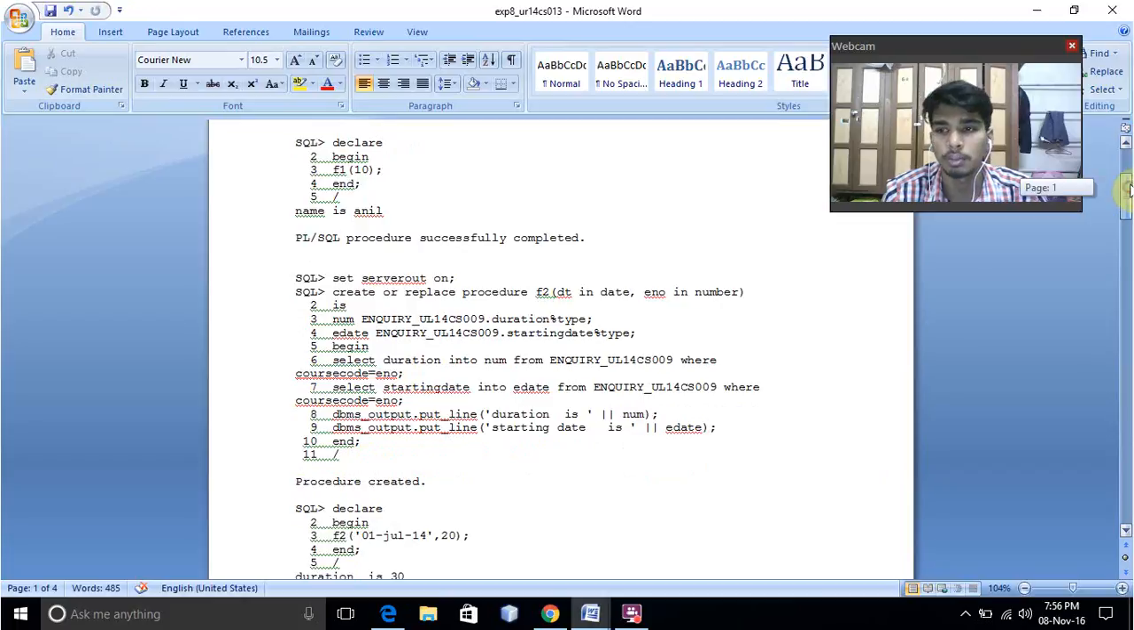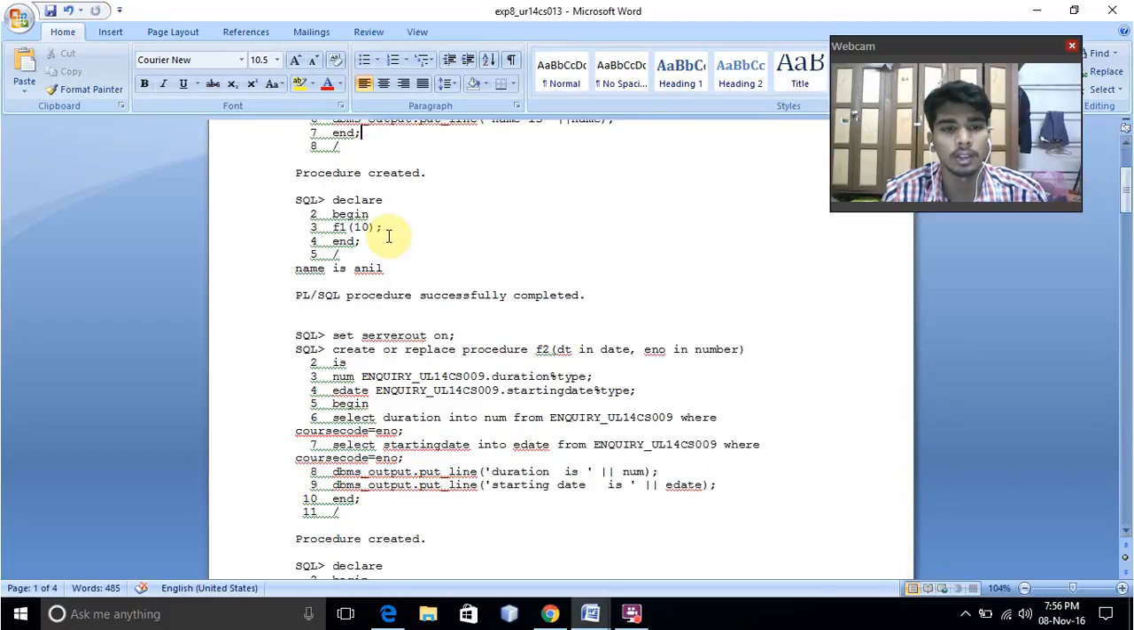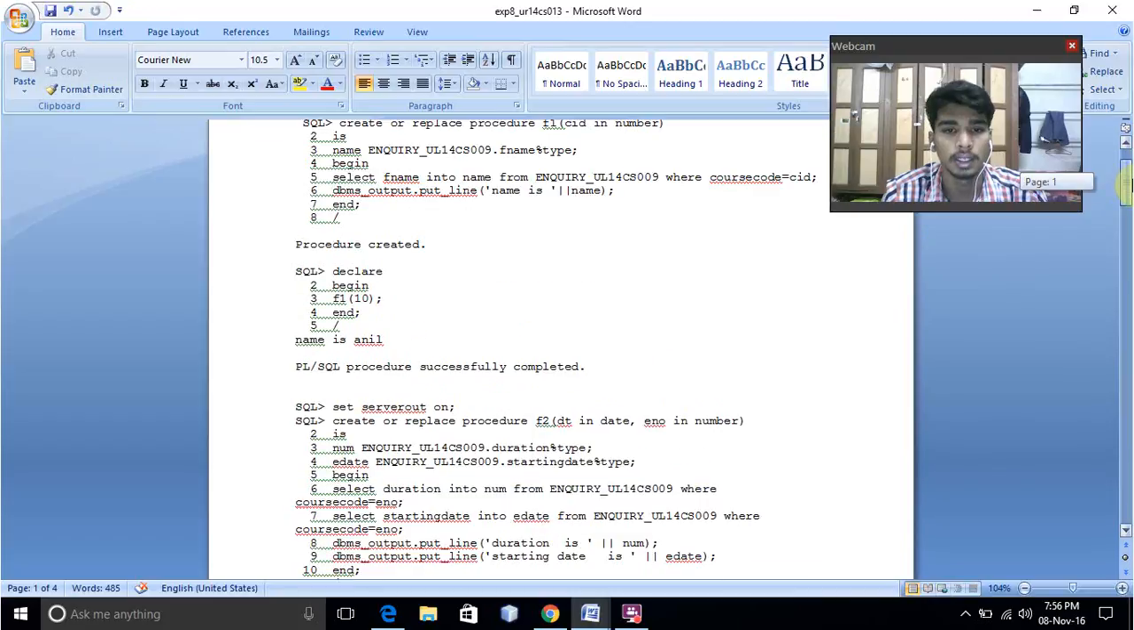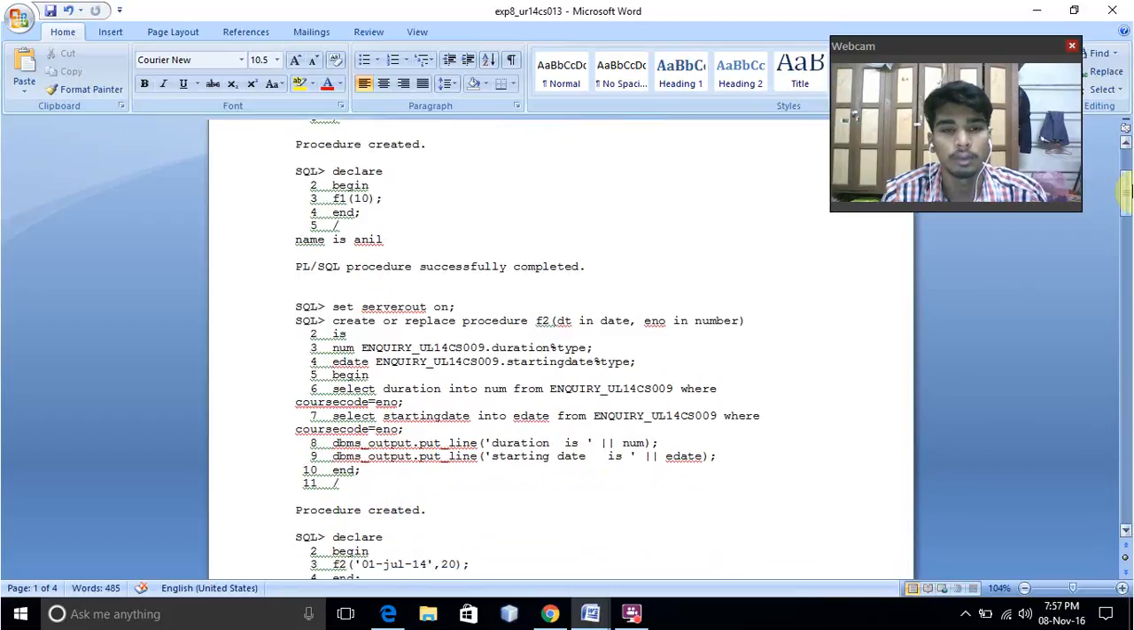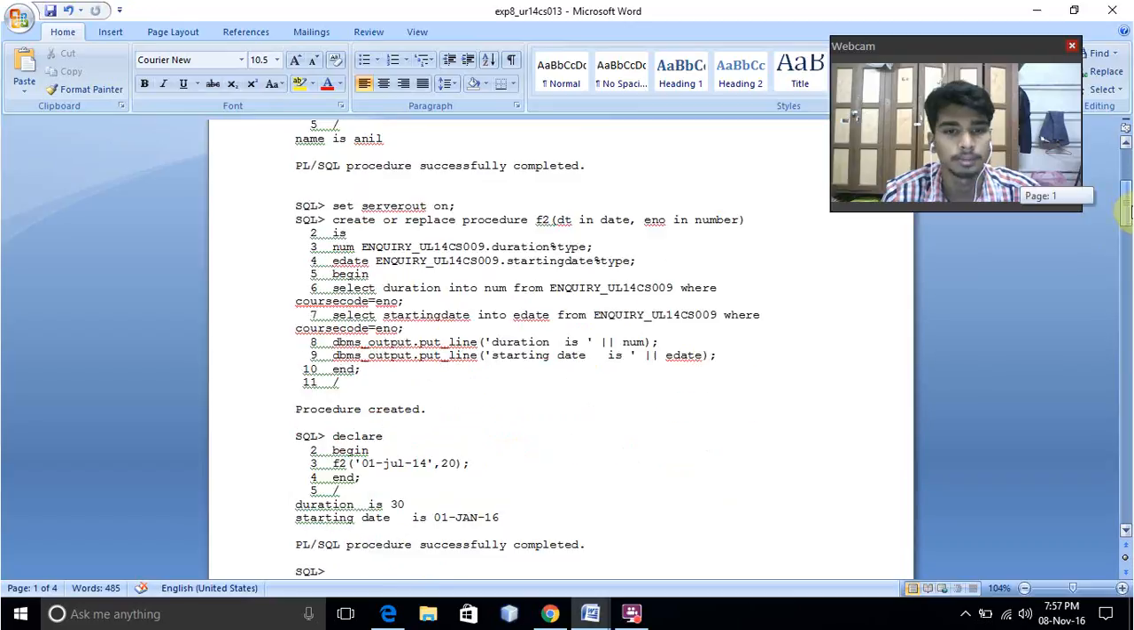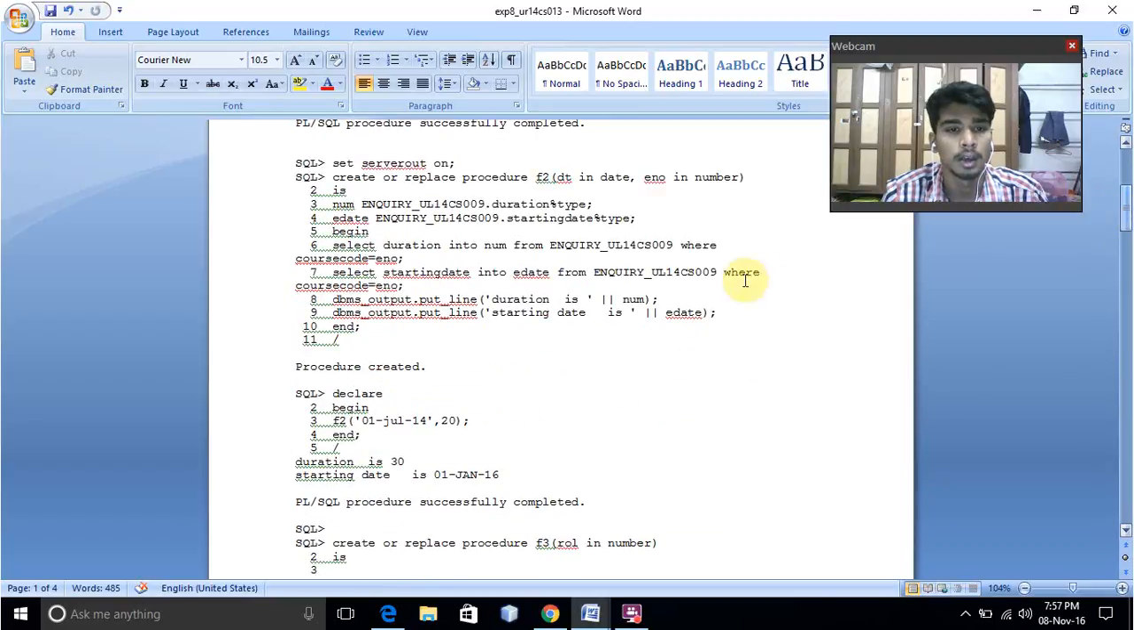If you want to check whether that procedure is created or not, here we have to declare the syntax like this: declare begin. F1 is that, here we have created the procedure name as F1, that we have to give of 10, that means number, and the course id, and it will display the name as name is Anil. And next question,